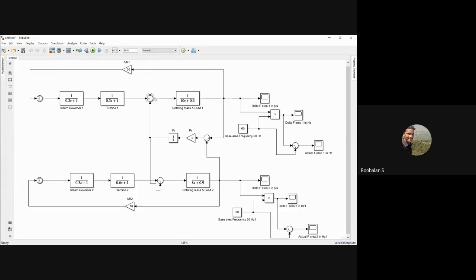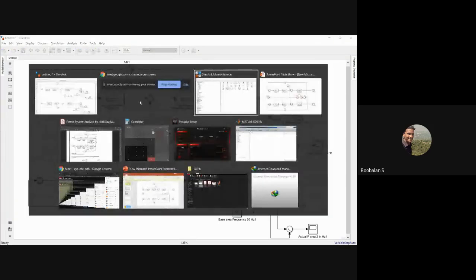Now there is an input we need to give, right? There is a load change that is going to occur. Yesterday we saw that a sudden change in load is going to occur, right? You will notice that still we are not giving any sudden changes. We have only designed the areas, how we feed the governor, turbine, rotating mass, right? These are the things we have given, but now we need to give the inputs, right? The input in our given problem looks like this. Now I'm moving to our input.